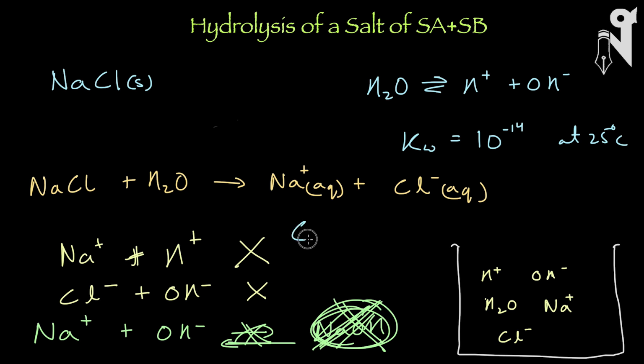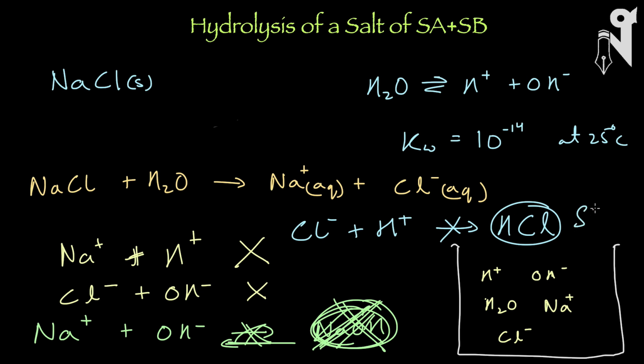Then will Cl minus react with H plus? Plus and minus react. So will they react? Obviously not. Again, same reason. If they react, they'll form HCl molecule. React means they combine, they join. Do we have HCl molecule in a solution? No, we don't. Why? Because HCl is a strong acid and it readily breaks back. Even if it was there, it will readily break back into H plus and Cl minus. So it is not there. So this also doesn't happen. So what we are seeing is that none of the reactions will happen